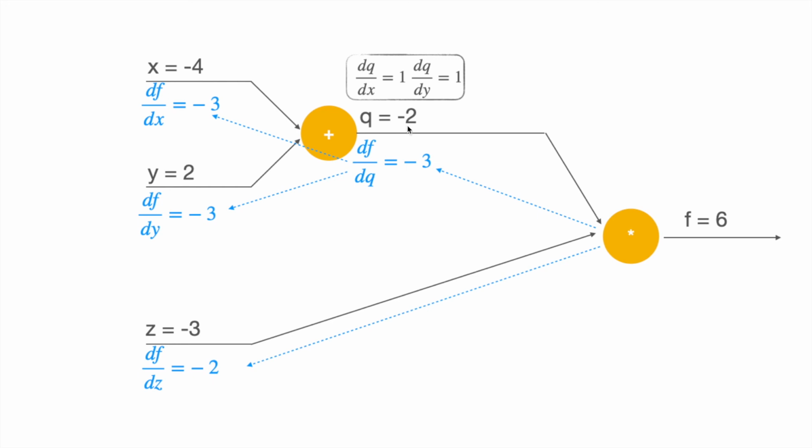And similarly, to achieve this value, it says these gradients should be negative and this can become smaller and smaller. So that means instead of -4, let's say this becomes -5. And -5 plus 2 becomes -3. And -3 into -3 becomes 9. So again, the output will increase.